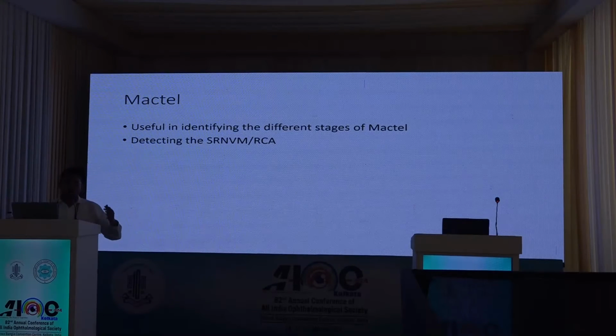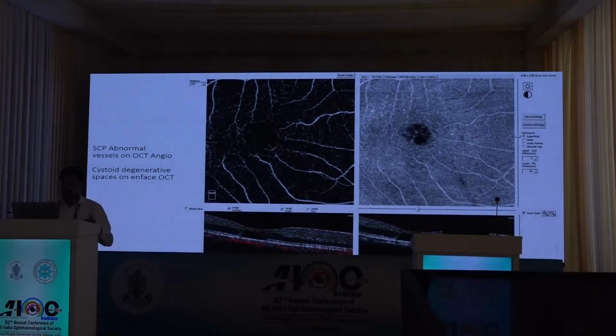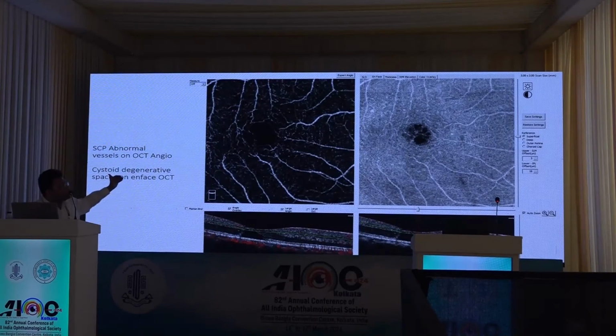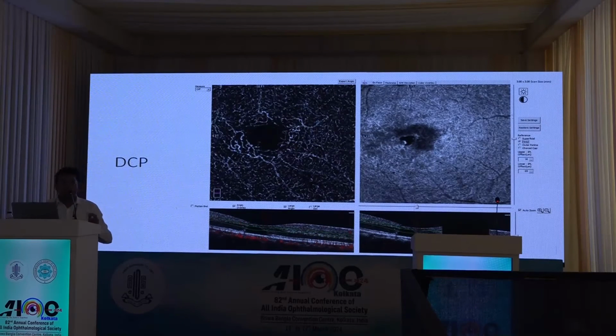Now let's talk about another common disease which you encounter in clinical practice, which is macular telangiectasia. In macular telangiectasia, you basically want to identify the different stages of MacTel and detect whether a secondary neovascularization is developing or not. So let's look at what happens in the superficial slab. You can see there is a distortion of the capillary architecture on the temporal side to start with. And when you go to the deeper slabs, you can see these abnormal telangiectatic vessels, which are very well identified